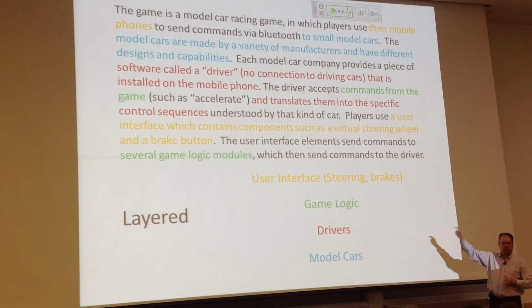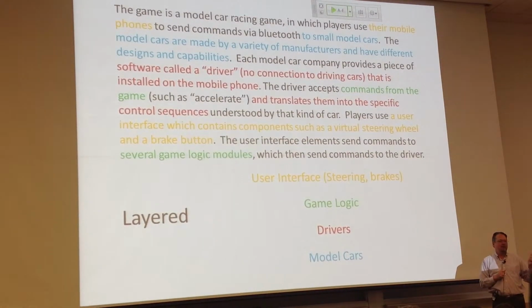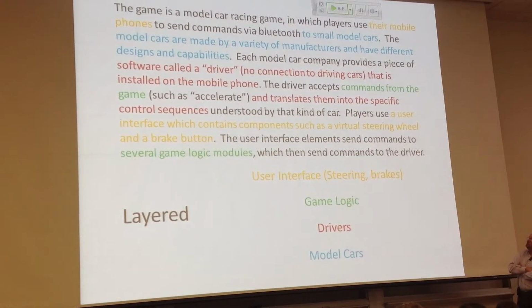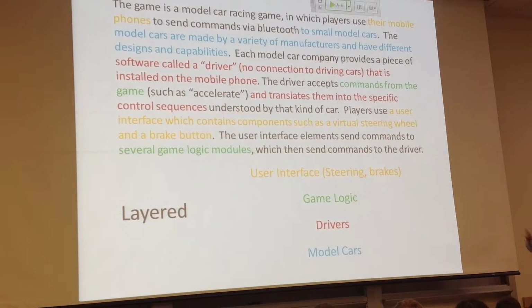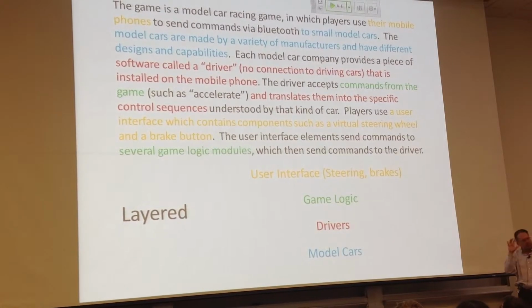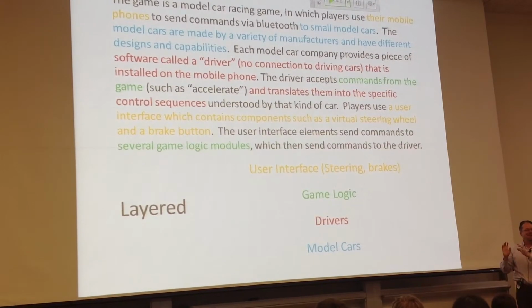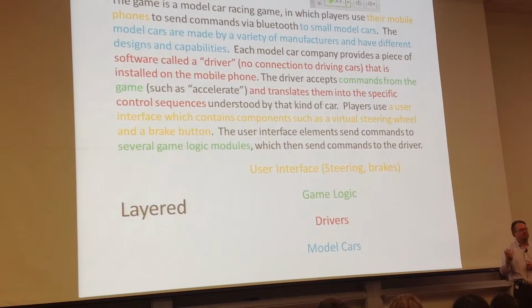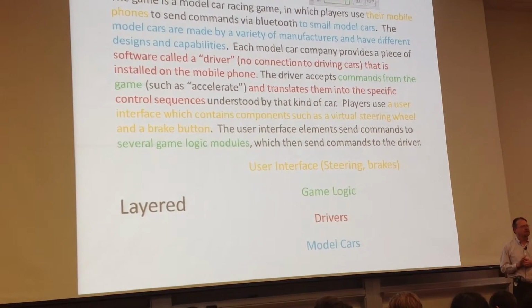And then the game logic is worrying about things like, oh, you're pressing the accelerator and the brake at the same time. What does that do? Or something like that. Okay? So, it seemed to me that when I wrote this, I tried to make those 4 layers fairly explicit, not going to say as explicit as possible, but almost as explicit as possible, in the description of the game and some of its implementation aspects. Any questions about that one?